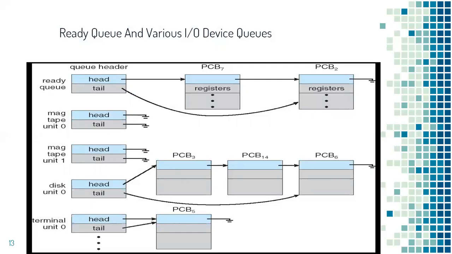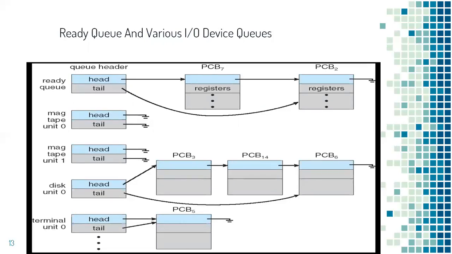In this diagram, you can see the various queues. The first queue is the ready queue. Every queue consists of a queue header which contains 2 pointers, head pointer and tail pointer, and the processes in the queue are represented by their PCBs. Say in this diagram, for example, ready queue consists of 2 processes, process 7 and process 2, which is represented as PCB7 and PCB2. So it is the entire PCB, process control block of the process, which is queued up